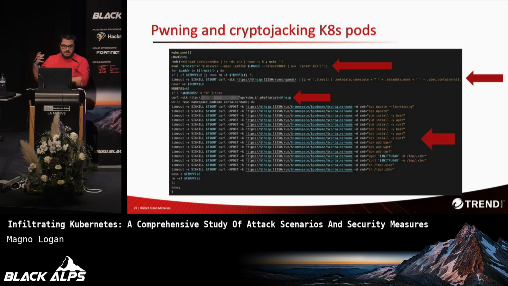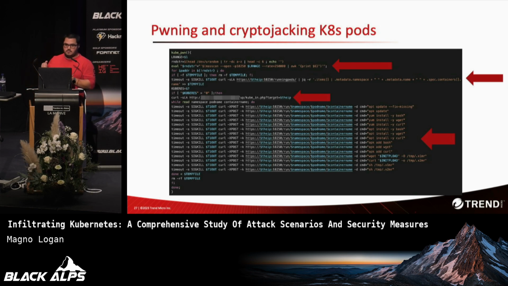As I said, each pod can have one or more containers inside, and they are organized by namespaces, and they're running a number of commands. For each one of the containers inside that node, they're updating the packages, installing some tools like bash, curl, wget, and then they're downloading and executing the crypto miner at the end. That's temp.x1mr, x2mr.